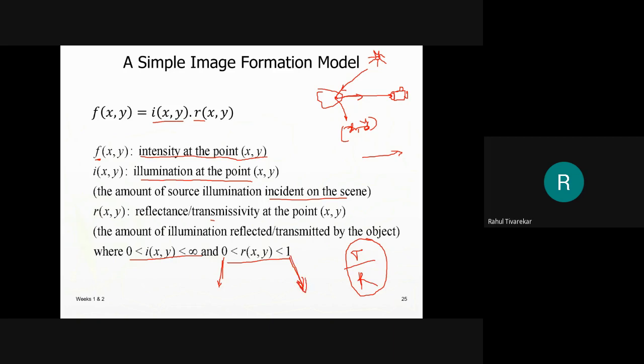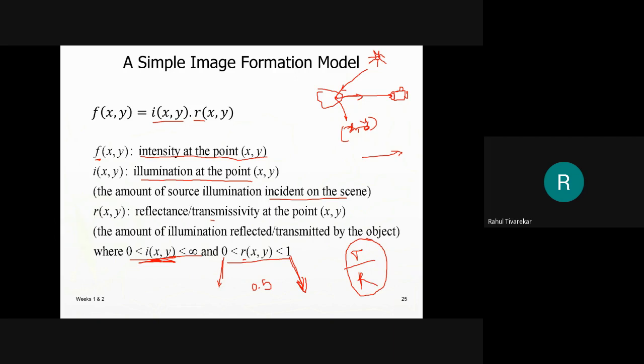Total reflection is represented by 1. Or you can have 50% reflection. So 50% reflection means what? Reflectivity is 0.5. Okay. So that's why the R varies between 0 and 1, and incident light can have any